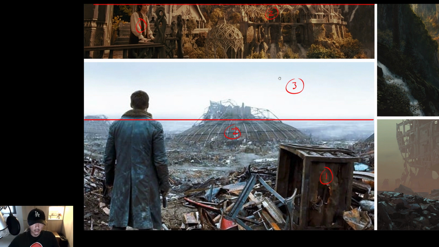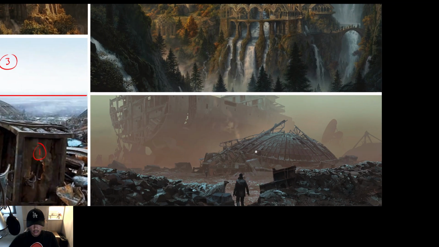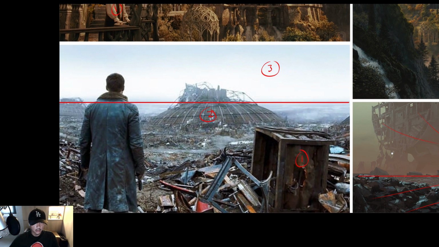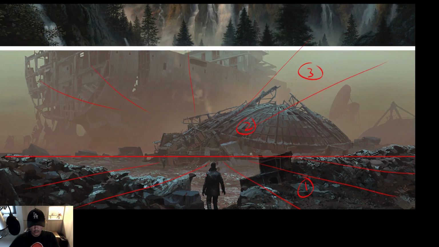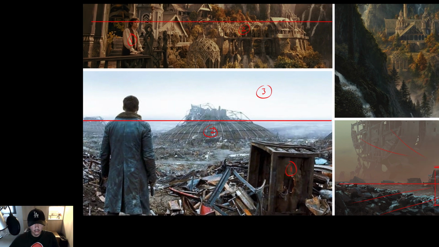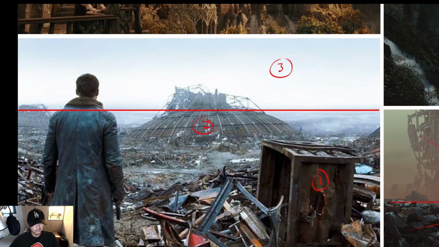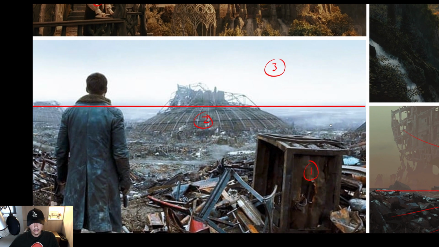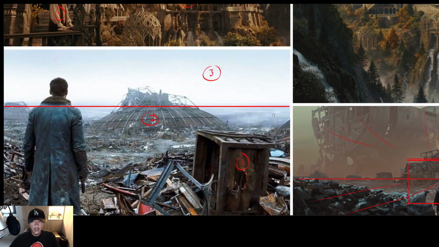But in concept art, I actually found the concept art for 2049. You can see the shot is a lot wider. Okay, horizon line, much wider FOV. But same thing, 1, 2, 3. So in the actual shot that Roger Deakins shot, they locked it into about here, maybe a 50. I don't know what lens this is. I'm guessing 50 mil, maybe 35, not too sure, but it's pretty punched in compared to